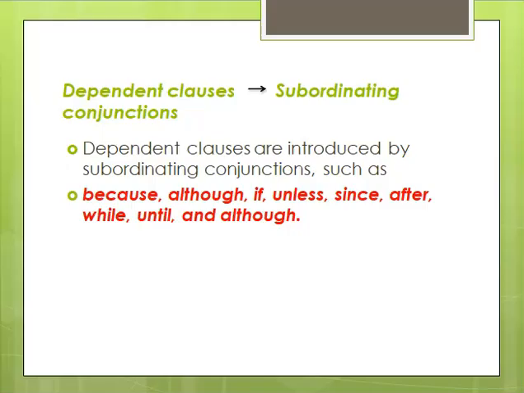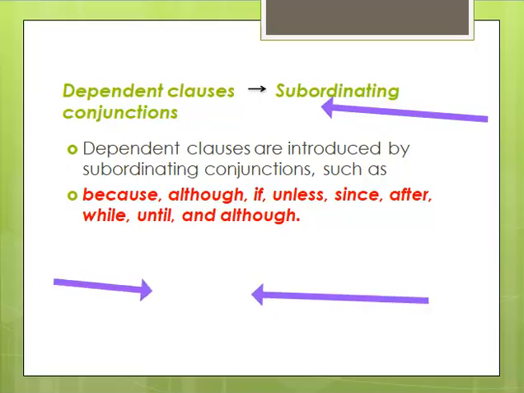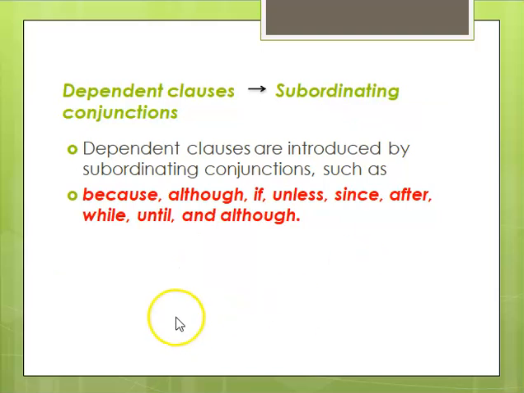Now, let's move on to the dependent clause, which is shown by the subordinate conjunction. We have two types of conjunction. One is subordinate conjunction and the other is coordinate conjunction. Coordinate conjunction just connects two statements with each other. So coordinate conjunction is like this one. But subordinate conjunction is